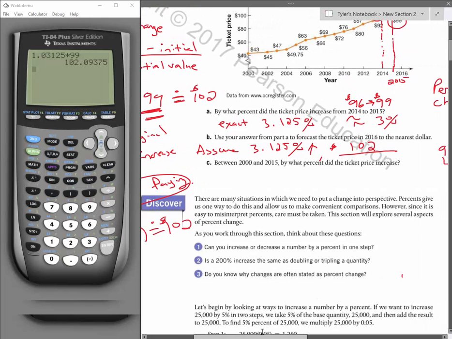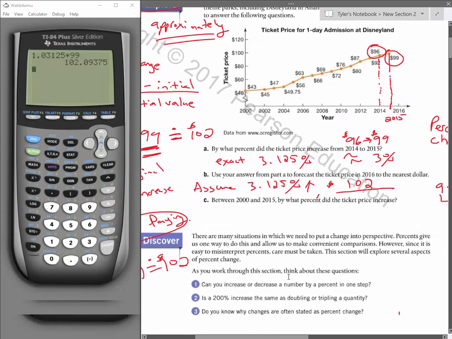All right, so then we just have one part left to finish here. So it says between 2000 and 2015, by what % did the ticket price increase? Right. So if we look at the table here, we have this data point, which is $43 in 2000. And the other one we were looking at is this data point I already highlighted here, which is the $99, right? So in 2000, the ticket price was $43, and in 2015, the ticket price was $99,